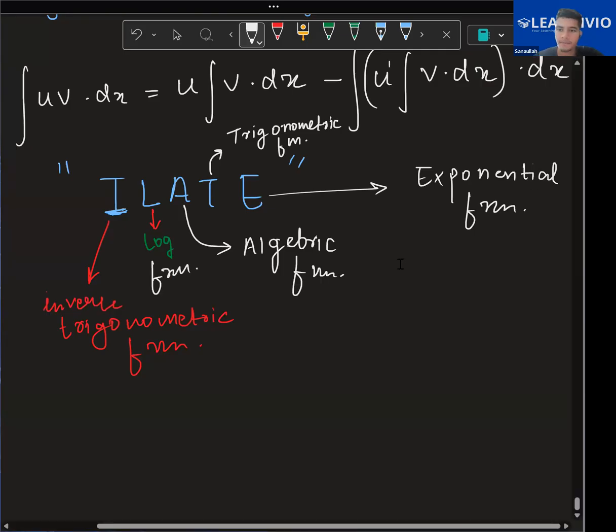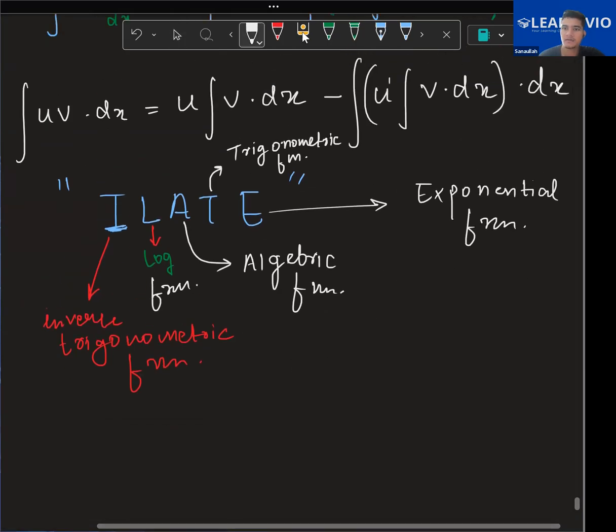तो इसमें जो पहले आएगा, ठीक है, जो पहले आता है उसको हम कंसीडर करते हैं एज अ फर्स्ट फंक्शन। लाइक इफ आई हैव सम inverse trigonometric function, so in that I will consider it as a first function, ठीक है। Like if I have a product of one inverse trigonometry like tan inverse of x and some log of x, so I will consider tan inverse of x as a first function, and then I will apply that formula that is written above, ठीक है। बस सेम ऐसे करना और कुछ नहीं है इसमें।